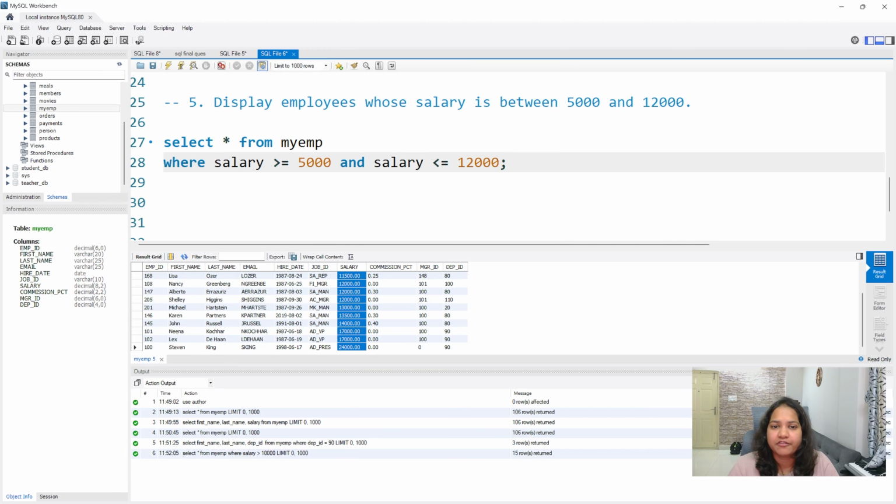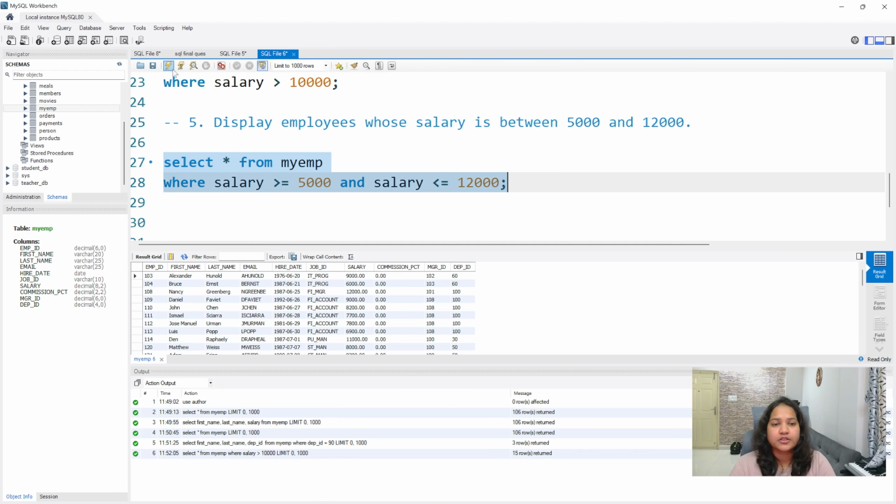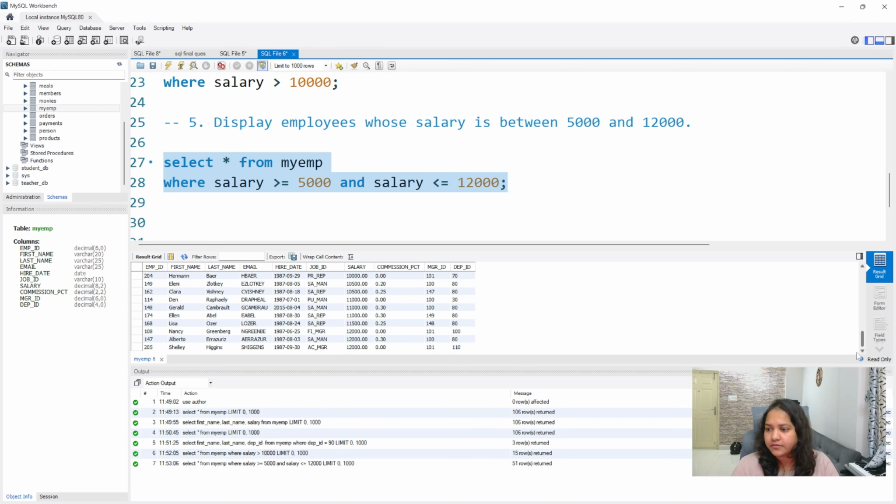This will give me the output wherever it is greater than or equal to 5,000 and less than or equal to 12,000. If you run this, you can see the salaries starting with 5,800 and ending with 12,000. So you're getting as output whatever is greater than or equal to 5,000 and less than or equal to 12,000.